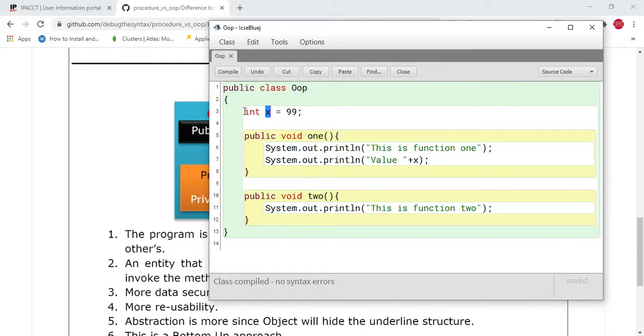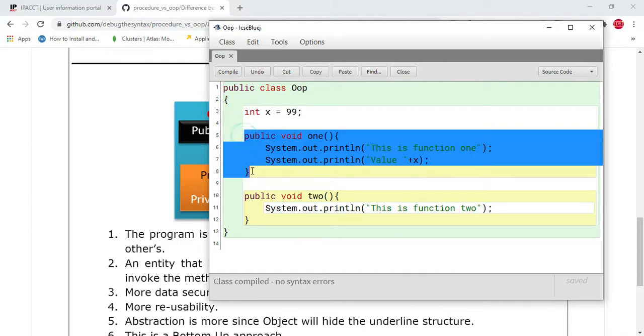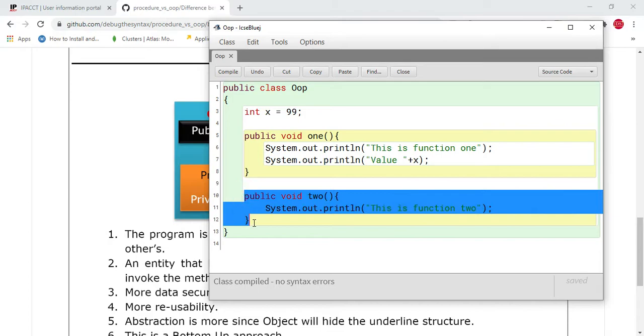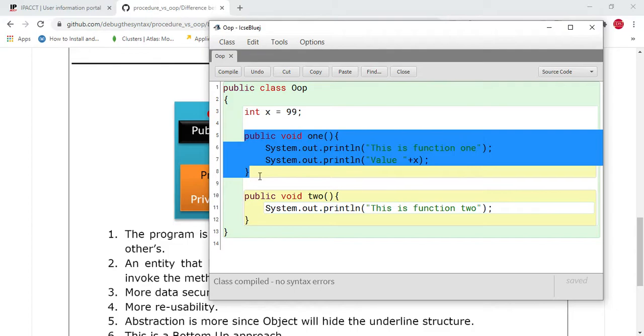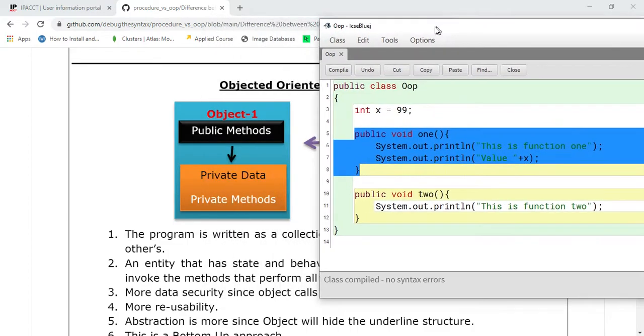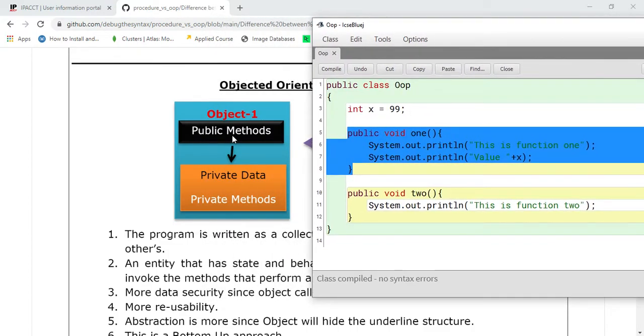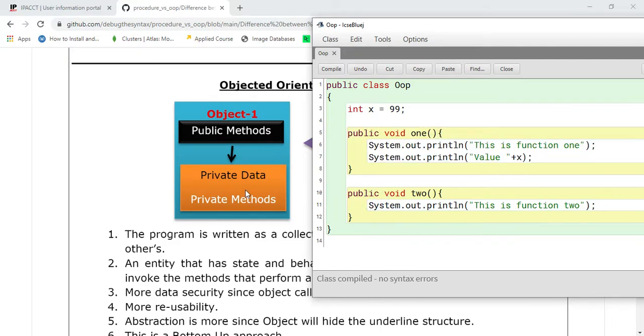So this is a variable, and over here this is a segment called a function. Okay, so that means your program will have something called a class, and inside the class we will be coming across variables as well as functions. These are something that we are going to cover multiple times in upcoming videos, and that is what I'm portraying over here. See, over here I have got public methods, so these are public functions, and over here I have private data, but I didn't write any private data over here.